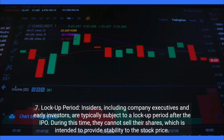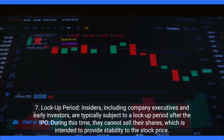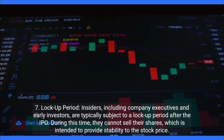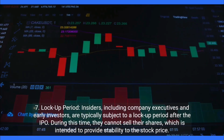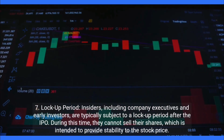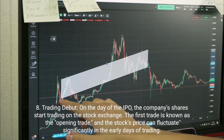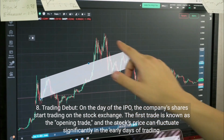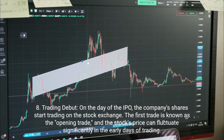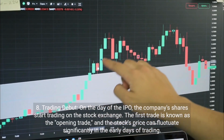7. Lockup period. Insiders, including company executives and early investors, are typically subject to a lockup period after the IPO. During this time, they cannot sell their shares, which is intended to provide stability to the stock price. 8. Trading debut. On the day of the IPO, the company's shares start trading on the stock exchange. The first trade is known as the opening trade, and the stock's price can fluctuate significantly in the early days